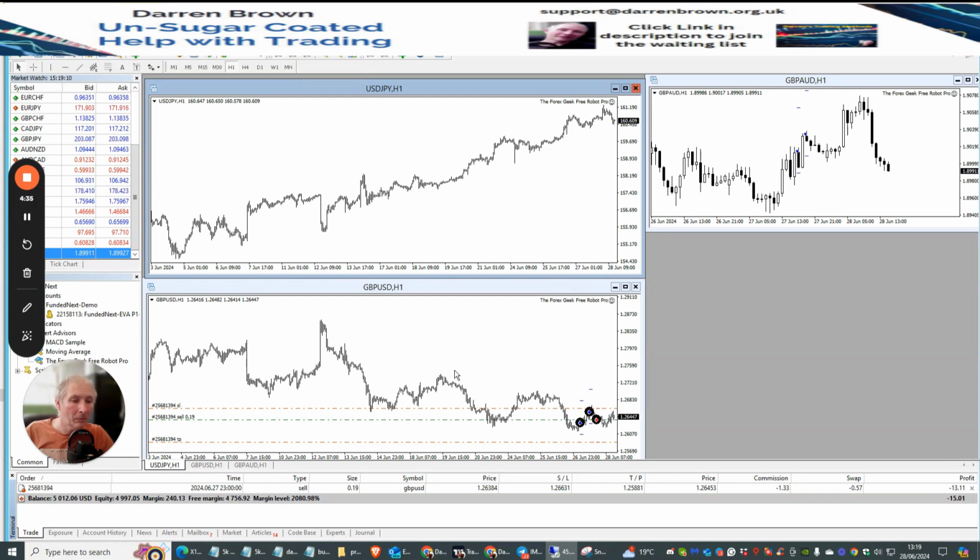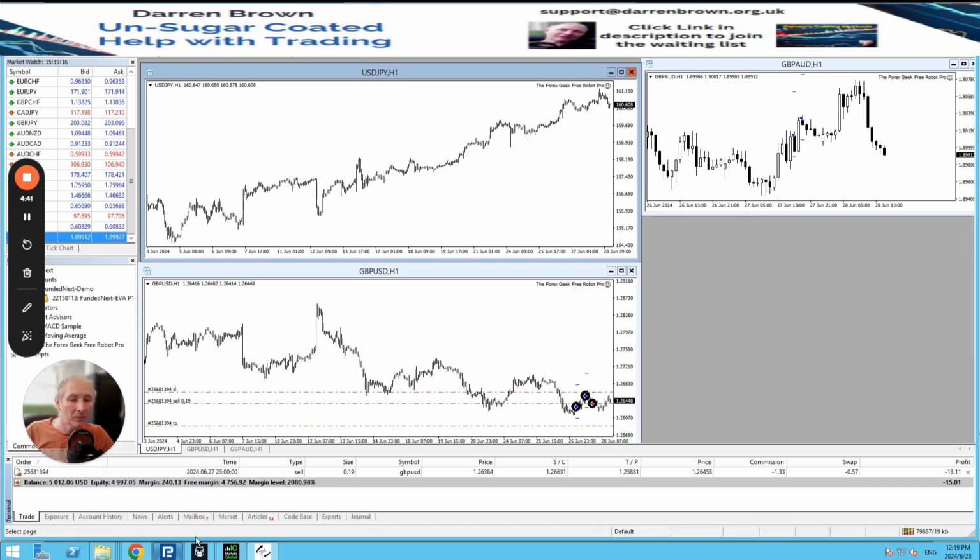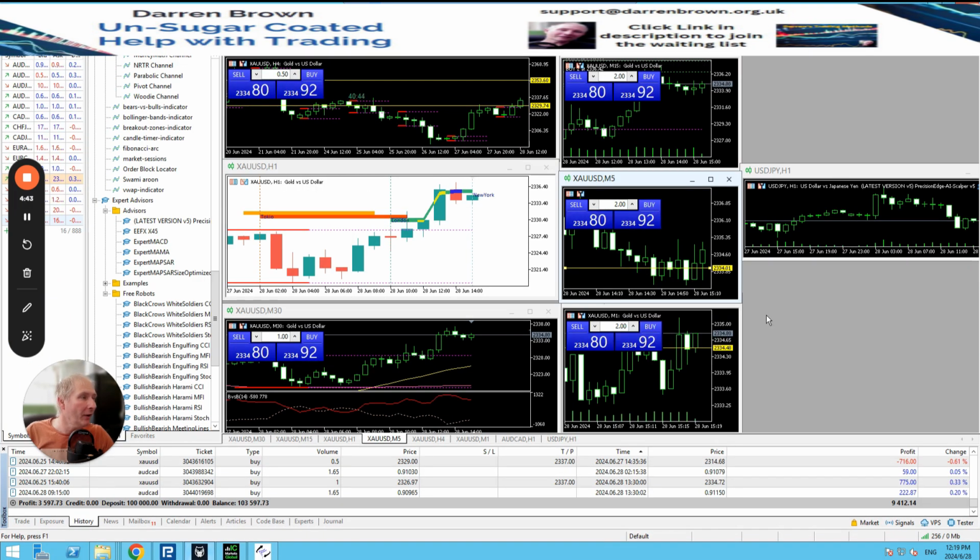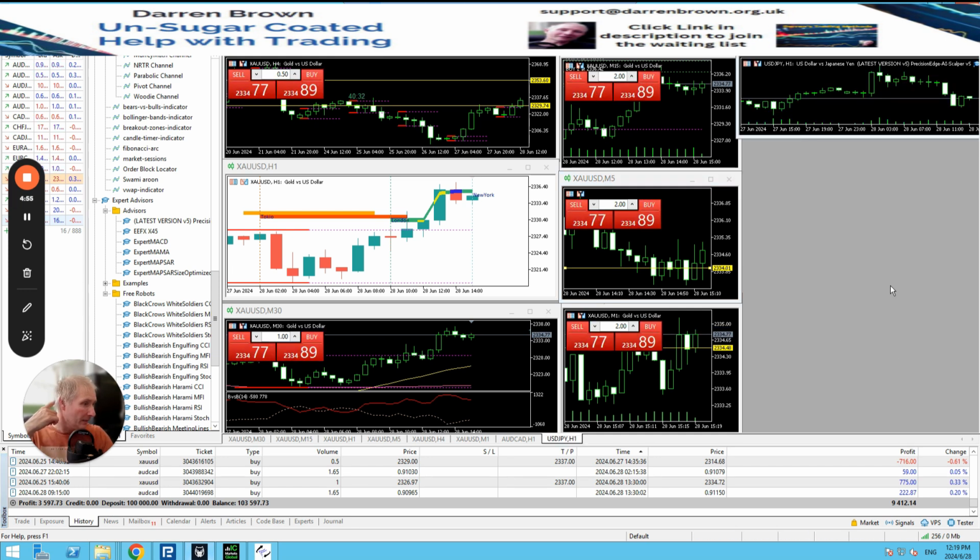Right, so one bot that I'm using at the moment, I'm using it on a Darwinex account, which is this one here. This is an MT5, and you'll see that I've got one which is set up now. The USD JPY hasn't actually kicked off at the moment, so I've been testing this for a while before I decided that I would offer this inside the academy. What I can say to you is I've been using the